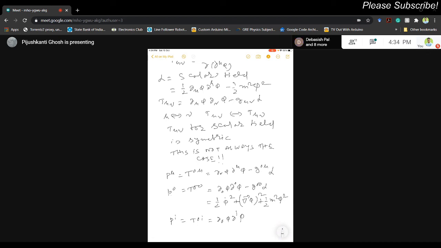Then there are SU3 symmetries, flavor symmetry and color symmetry, related in particle physics to the number and types of quarks. And then there are many others; I didn't want to bother you. They say SU5, SU10, SO10, GUT, grand unified theory, and all these things. So this is very important to understand about internal symmetry.